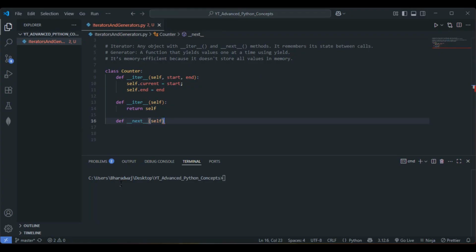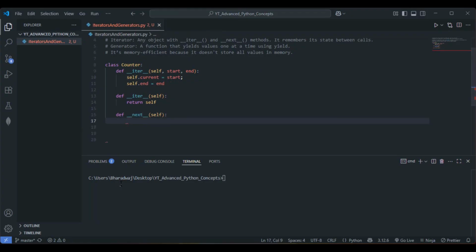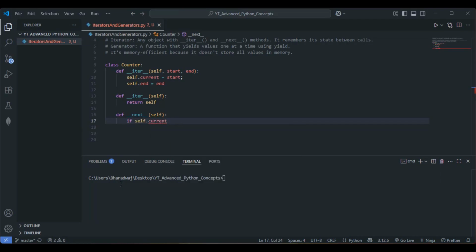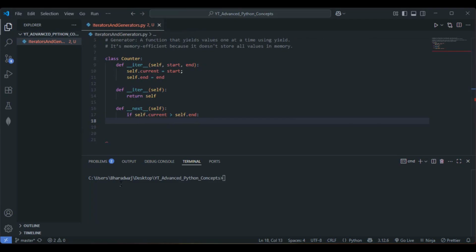Here, let's write a simple if condition. If current is greater than end, then we will stop the iteration. So if self.current is greater than self.end, then what we will do,